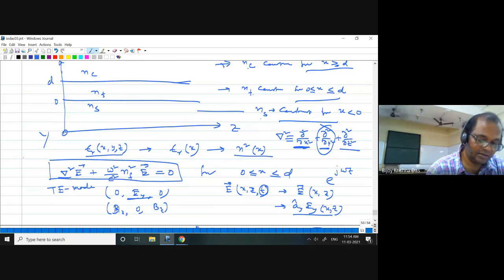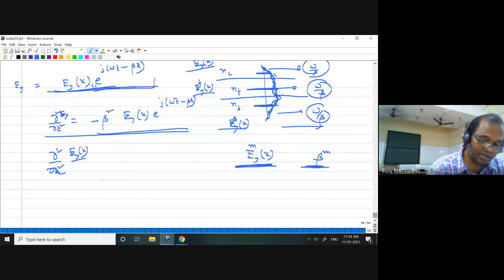If core region, this one can be modified. I just put this one as this one, right? So, and put del/del z, del/del y, so on. Then I can write that del²/del x² Uyx. Probably we don't need to put partial derivative once we know that x dependence is there.